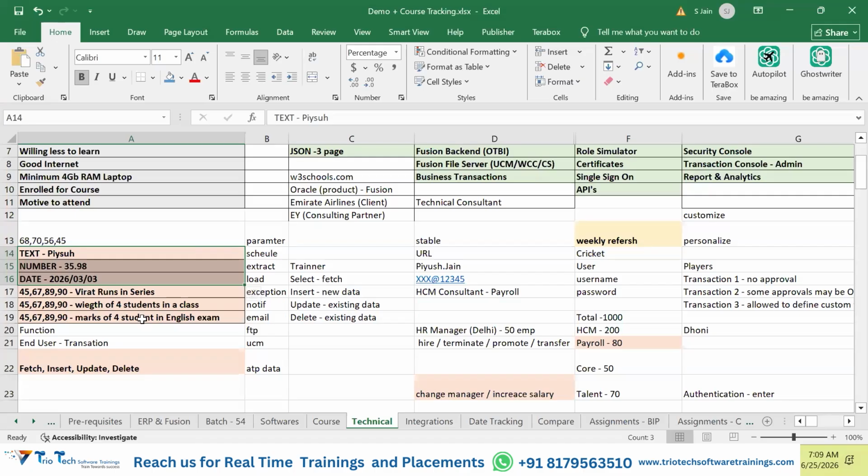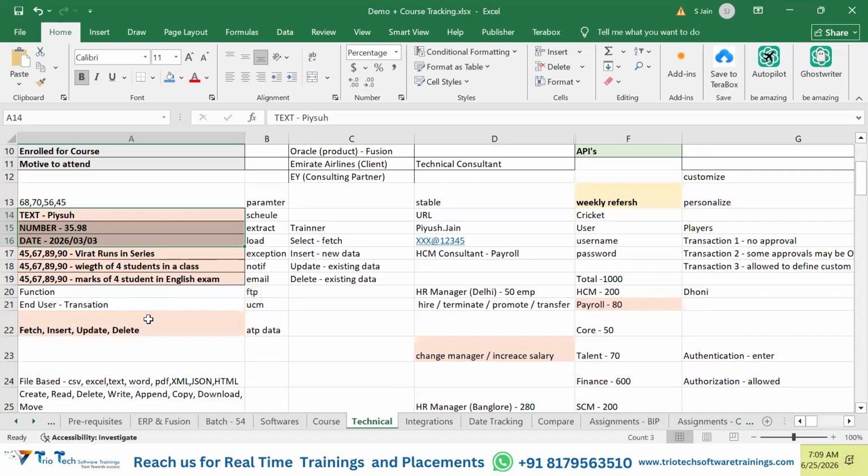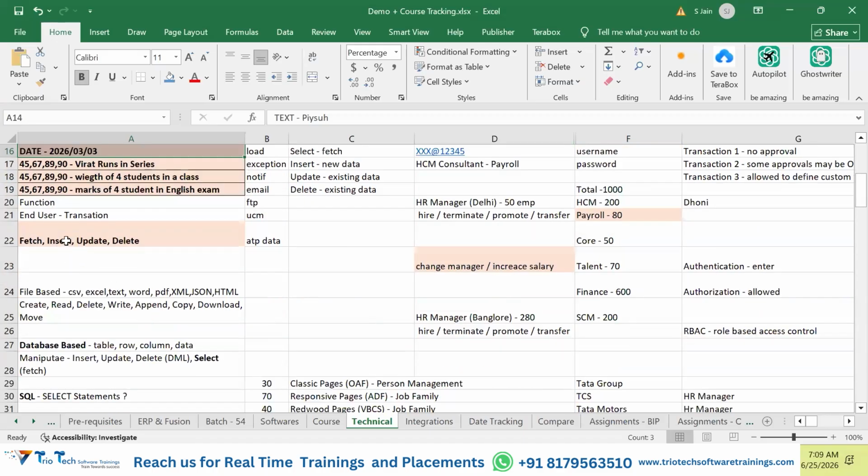Good. So guys, all software is meant to perform these sorts of operations only. Either you can fetch data from that particular software, insert some data, update the data, or delete the data.